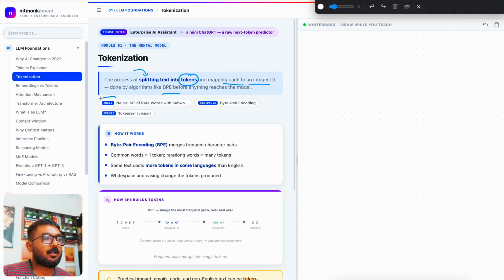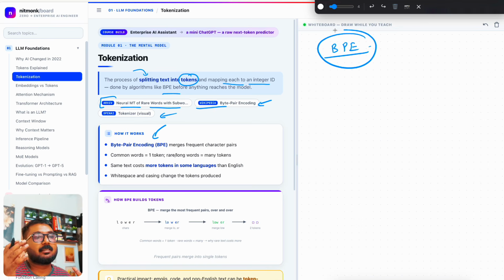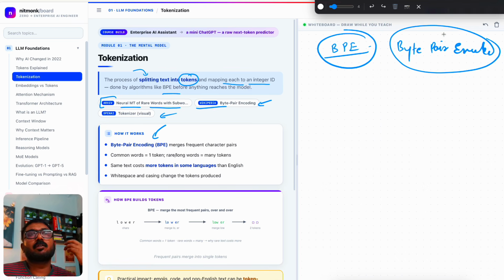You see, I have added all these links: neural machine translation of rare words with subword units, this is the published paper. I have added a Wikipedia link over here. I have added an OpenAI tokenizer so that you can actually write a sentence and see how the tokenization is working. And then I already explained to you about BPE. This is the thing that you have to think about. BPE is byte pair encoding. Because without it, you won't be able to imagine how these tokens will be shared or saved or put somewhere. And